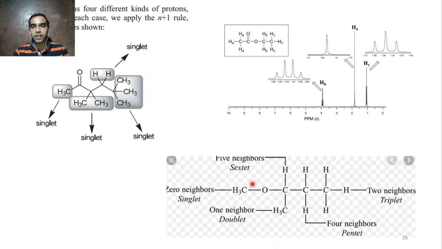So you can explain this one, a similar one. By looking at the structure you should be able to predict which is coming most upfield, which is coming downfield. So here again, this is most upfield because highly shielded, and these two are attached to carbon a little bit, so this will come more downfield. Then comes this. Then comes this. So like that.